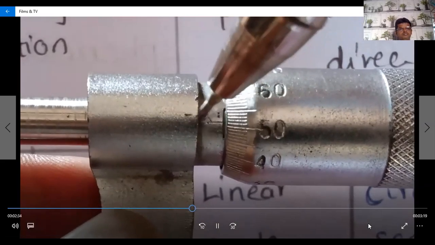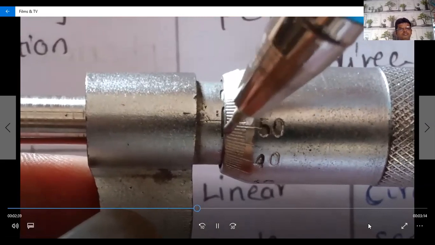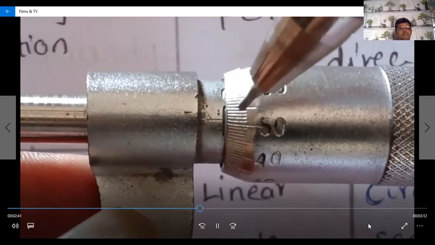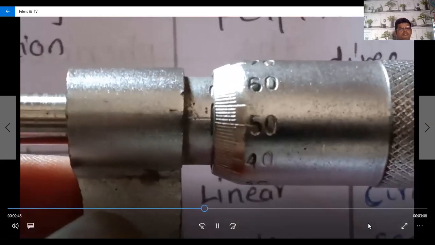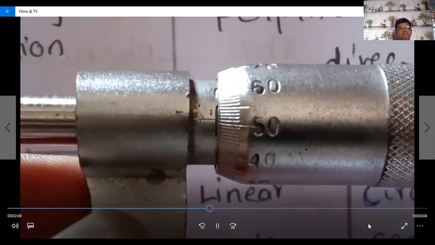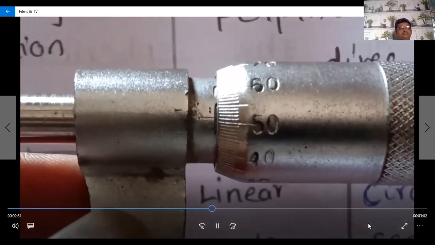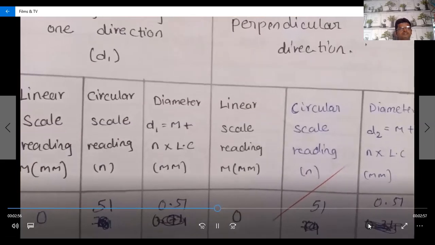Now against the straight line we found circular scale divisions of 50, 51 and 52. So maybe we consider 51, with 2 in between. So no problem. We retain here 51 as a round figure. So after observation we retain it in one direction.